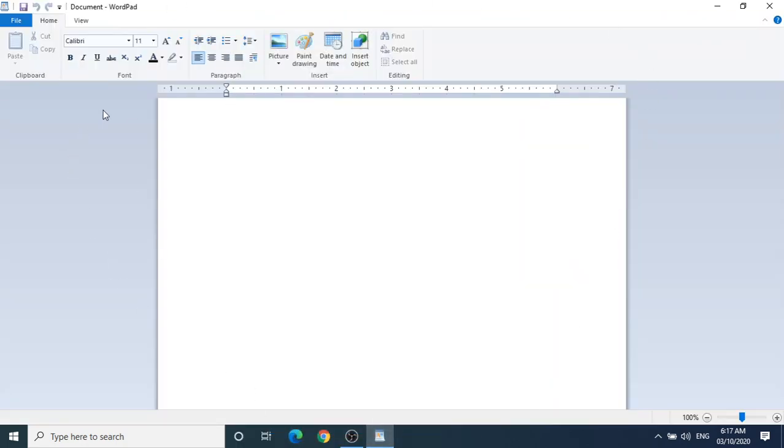This is the screen of WordPad. Today I am just going to show you about font and paragraph. Inserting pictures, date and time, and editing we will see later on. Today we will do font and paragraph. I will show you all the options of the font group and paragraph group.